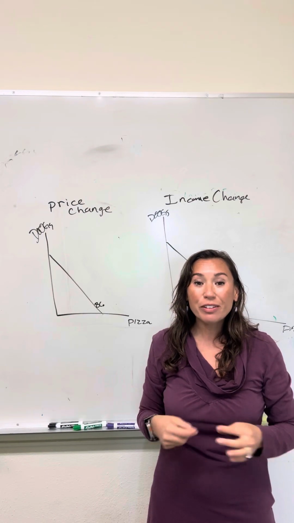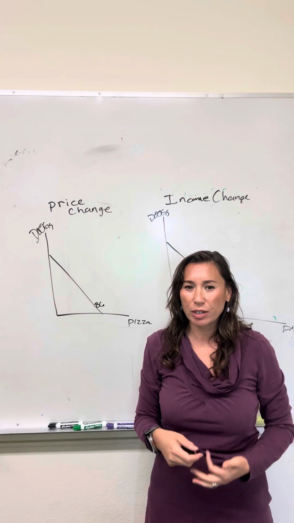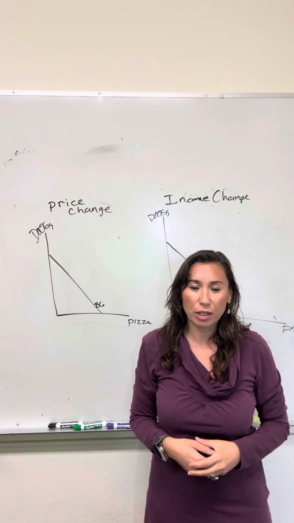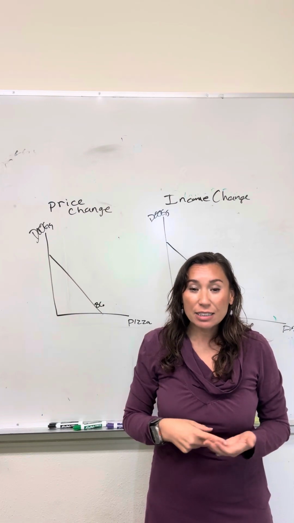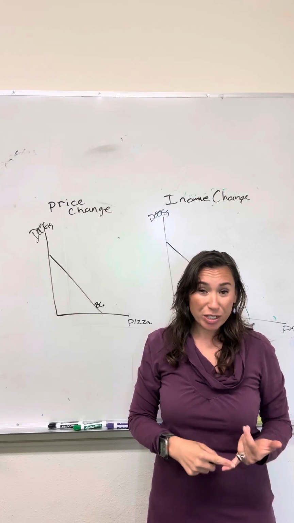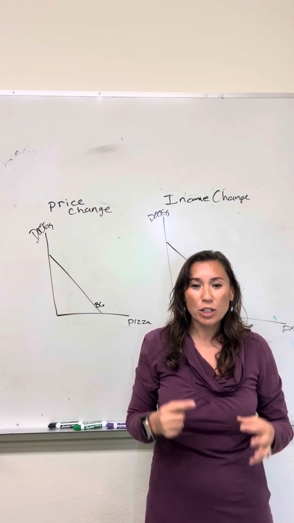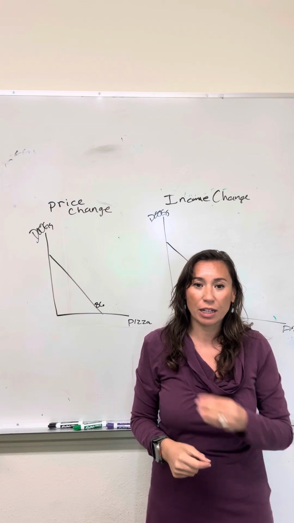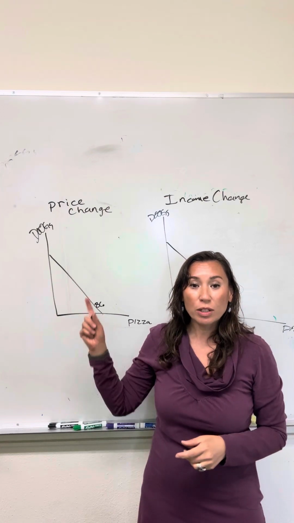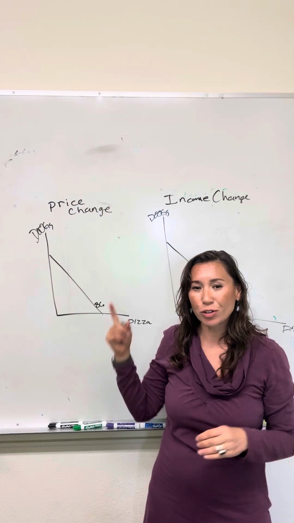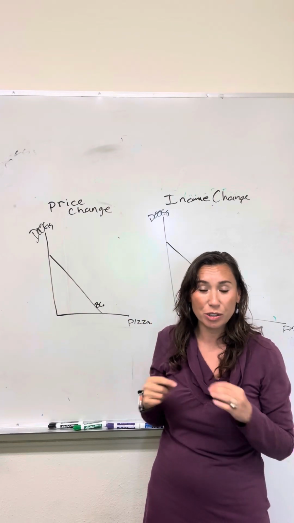Okay, so one of the foundational pieces of consumer theory is looking at how budget constraints change with different market shocks. That is an extremely important first step when it comes to analyzing things like substitution and income effects. So we want to make sure we really understand these budget constraints. So let's look at a scenario when just prices change, not income, versus a scenario when just income changes, not